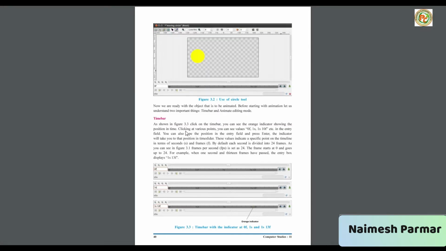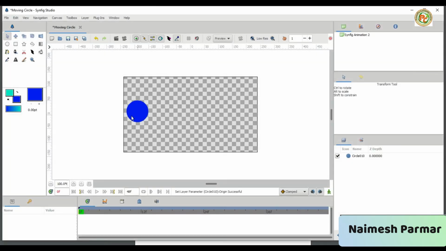Now the next task is we are going to learn about the time bar. See here we can see the time bar is there. Before we give the animation, we should learn about the time bar. This is called the time bar. It is 0 frame, your circle is at 0. Right now we haven't given any animation, so it will remain the same. So 0 to 12 frame, 12 to 24, 24 to 36 frame, you can move that frame up to and so on. But if you don't want to move, you can just type here 0f. Okay, you can change it also, starting from here, and it will end at 48 frame because we have given 2 seconds.